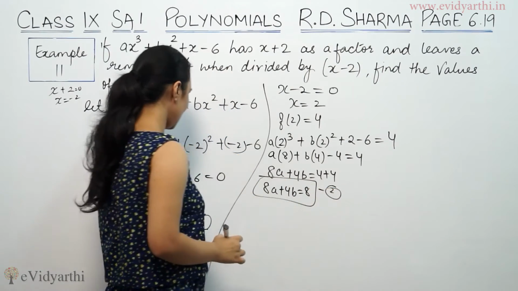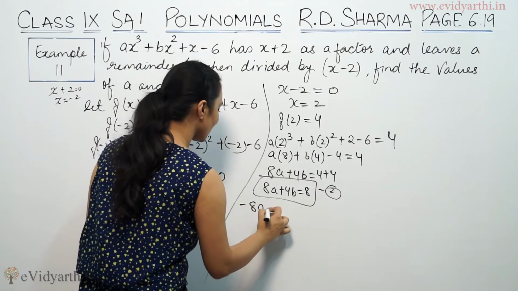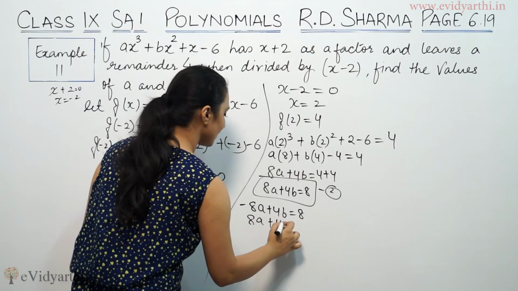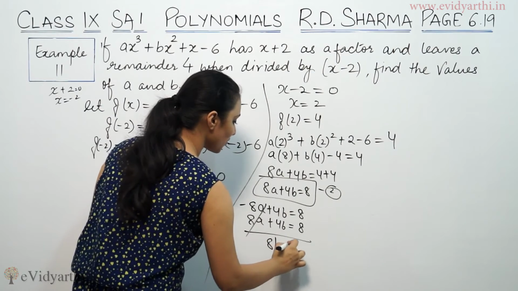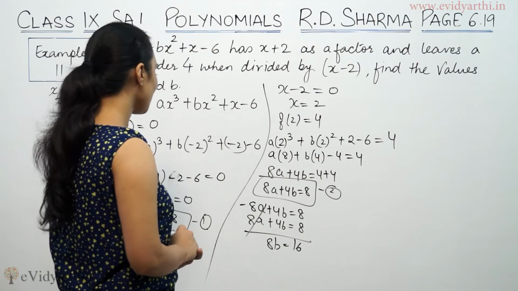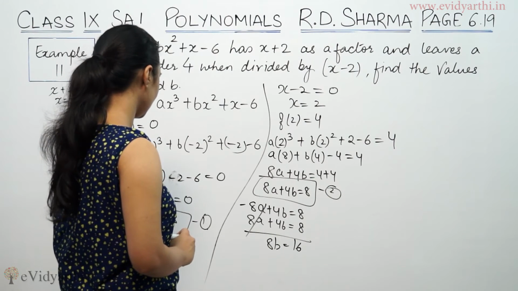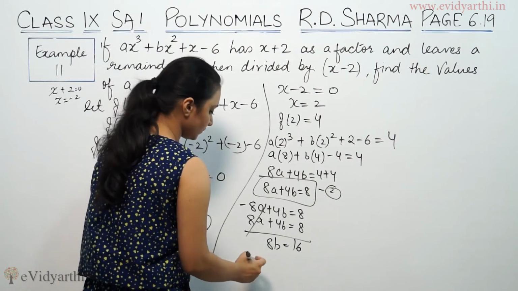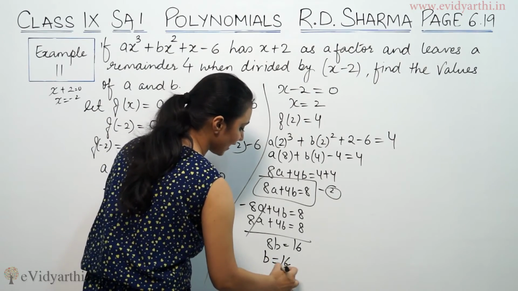This is second equation. So एक है ये और एक है ये. दोनों equations को solve करें. So first equation थी ये and this is second. Is equal to 8. ये cancel हो गया. 4b plus 4b is 8b. 8 plus 8 is 16. So यहाँ से हमारे पास वैल्यू आ गई इसकी. So b is 16 by 8. That means 2.